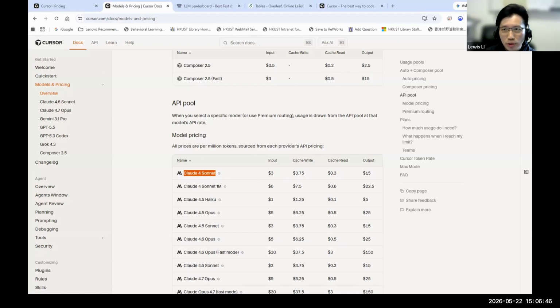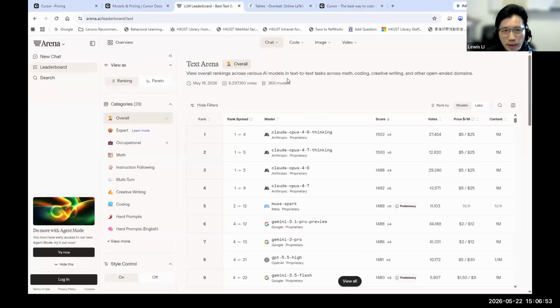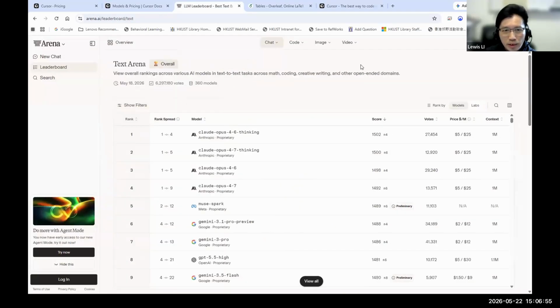If you want to compare the performance of the models, you can go to this website, Arena. In this website, you can see the top models available by ranking. The top model here is this one, again from Anthropic.